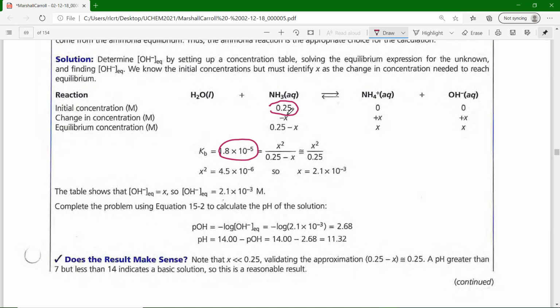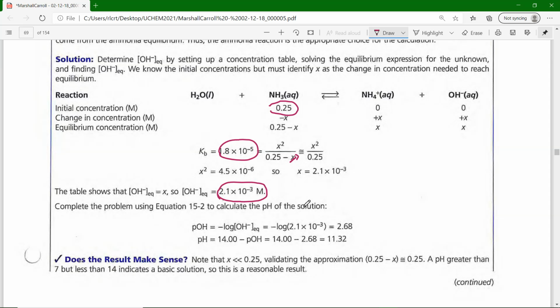Okay, so then we're going to lose X of the NH3, gain X of the NH4 plus, gain X of the OH minus. So at equilibrium, I'll have 0.25 minus X of the ammonia, X of the NH4 plus, and X of the OH minus. So my Kb is X times X, or X squared, over 0.25 minus X, which is 1.8 by 10 to the minus 5. Because my initial concentration is at least 100 times larger than Kb, I can get rid of the X in the denominator, cross multiply, take the square root, and I get OH minus is 2.1 by 10 to the minus 3,